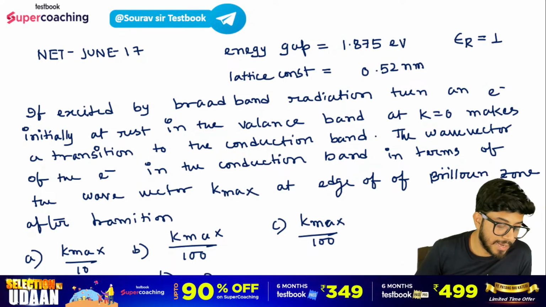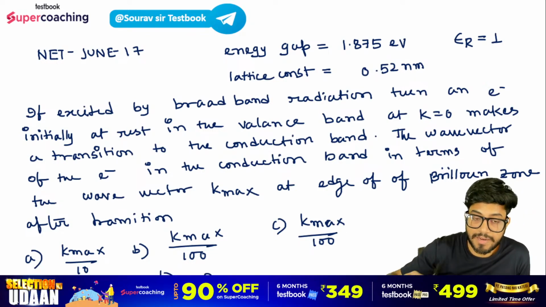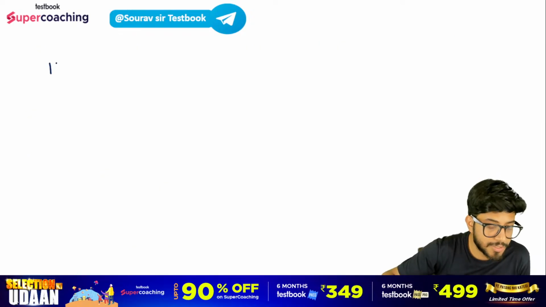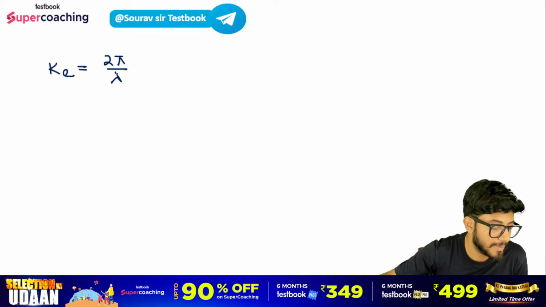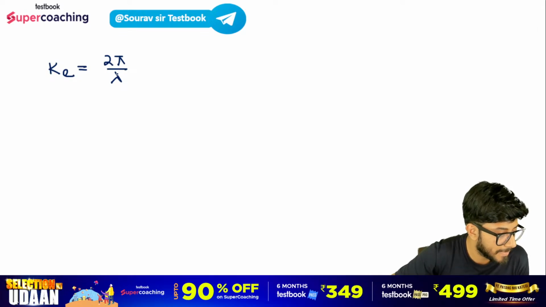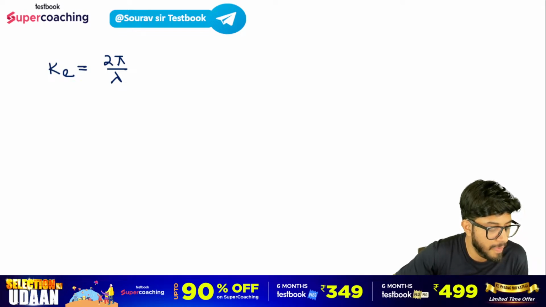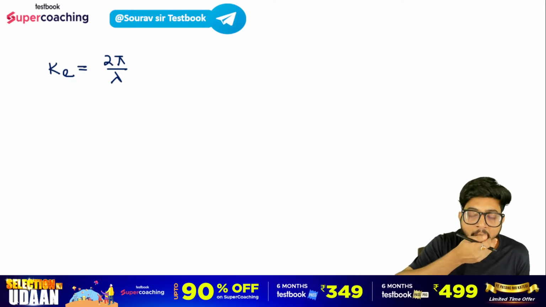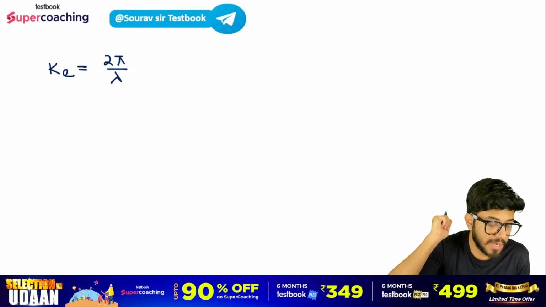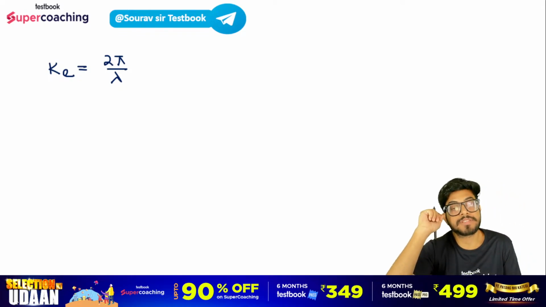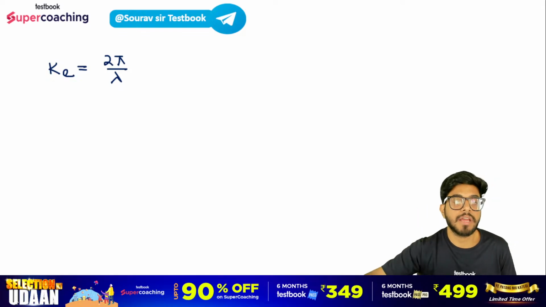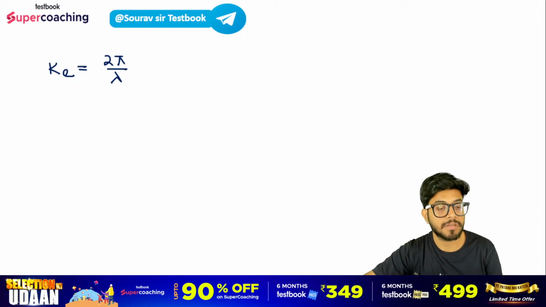हमें वेव वेक्टर निकालना है इलेक्ट्रॉन का, ठीक है। वेव वेक्टर क्या होता है बताओ, k जो है वेव वेक्टर ऑफ द इलेक्ट्रॉन दैट कैन बी रिटन एज 2 पाई बाय लैम्डा, ठीक है। अब हमें क्या करना है कि इस फॉर्मूले से k का वैल्यू निकाल लेना है। लैम्डा कहां से मिलेगा भाई